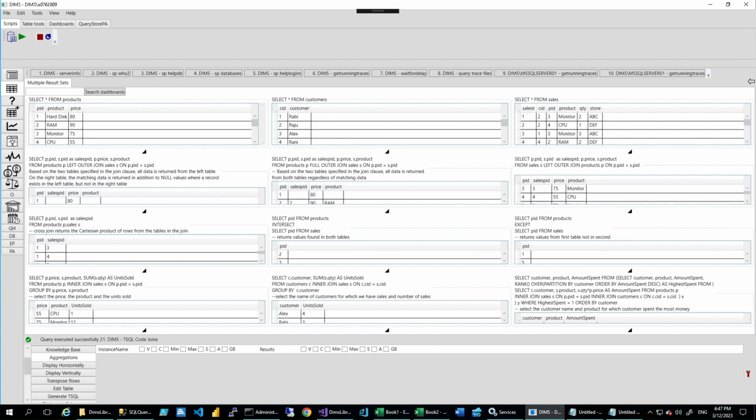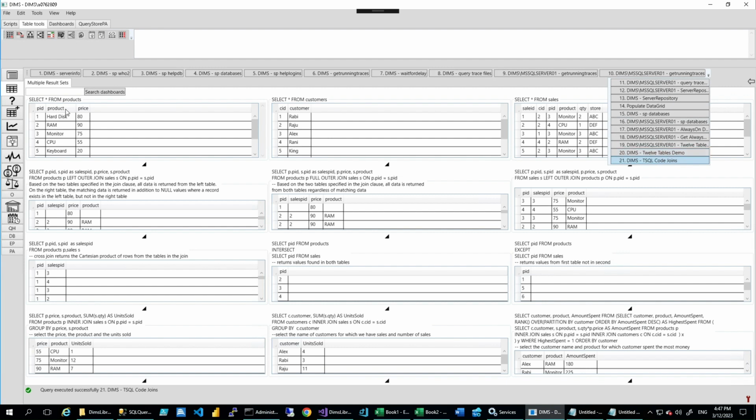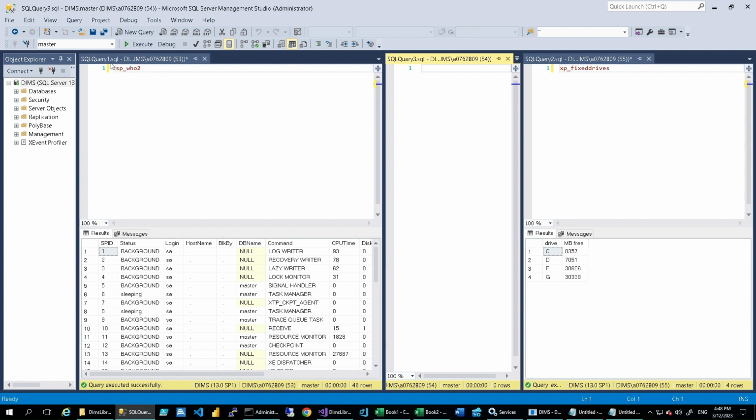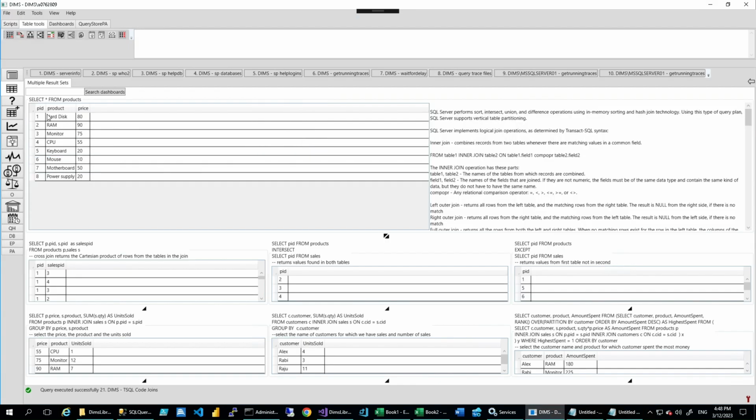So as you can see, I have the possibility to display multiple result sets in the same window, and this is more meaningful than the way in which SQL Server Management Studio does it. And if I wanted to increase the result set and have more information about this, I can just increase this one